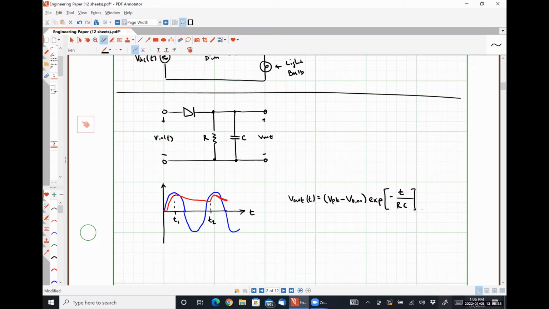The goal being is that if the time constant here, RC, is much greater than the period of our input AC signal, then we should get what we call a very small ripple voltage. So let me define the ripple voltage here. So the ripple voltage, V ripple,